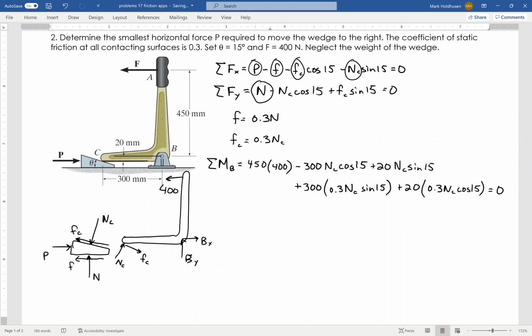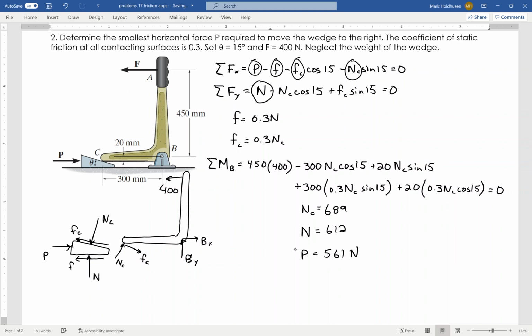Here's the deal. That big ugly equation there only has one unknown in it. Okay, and from that I can find that NC equals 689. So from that big equation, again, knowing what the friction equals related to the normal force, I can find that normal force to be 689. Okay. I can take that, plug it into that Fy equation, and find that N is going to be equal to 612. Now that I've got N and NC, I can go up to that top equation and I can find that P is